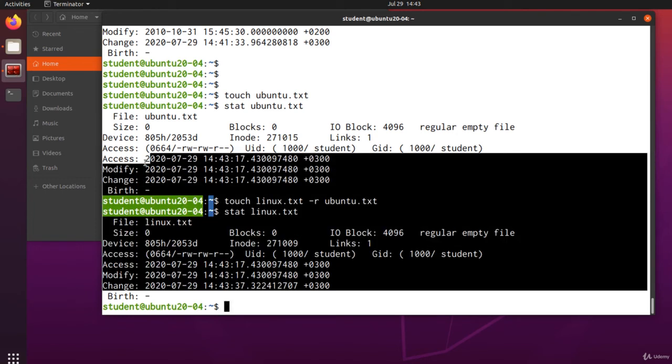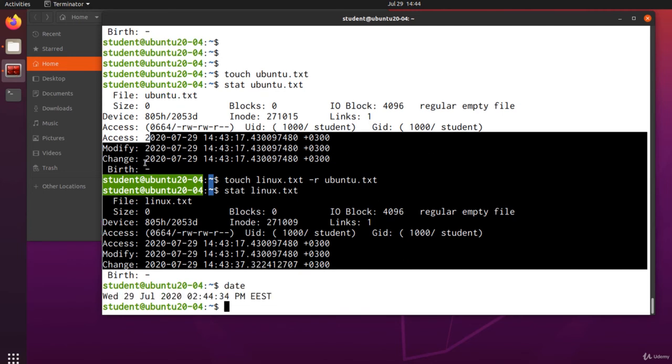Note that it's not possible to modify only the changed time to a specific timestamp, but I'll tell you a trick. If you want to modify only the changed time to a specific time, then you set the system date and time to the desired changed time, run the command touch and the name of the file to change all the timestamps to the system current time, and then change back the access and modification times to the initial values. Changed time will remain at the desired value. You can do this as homework.